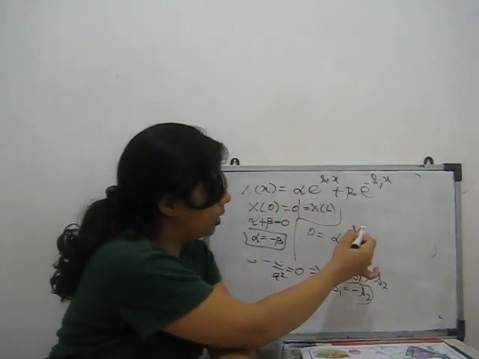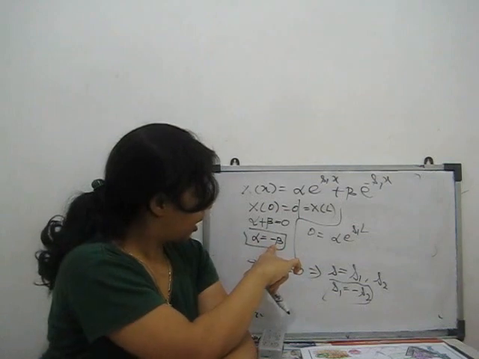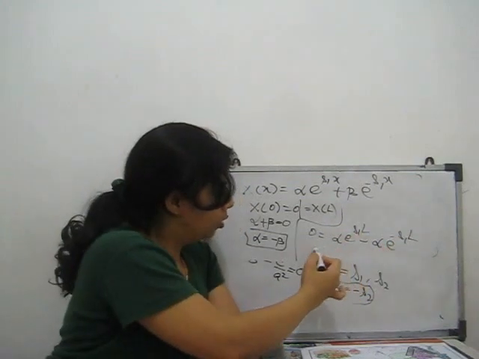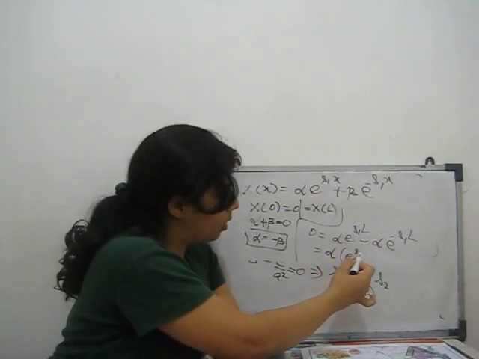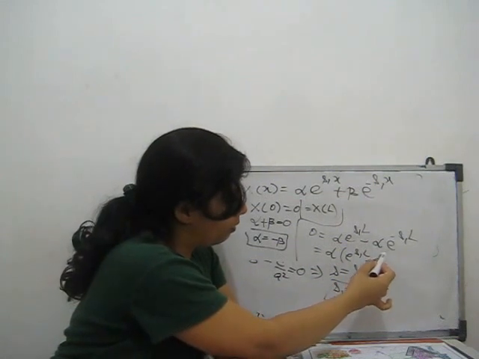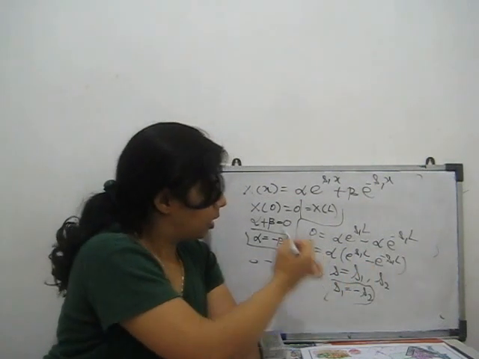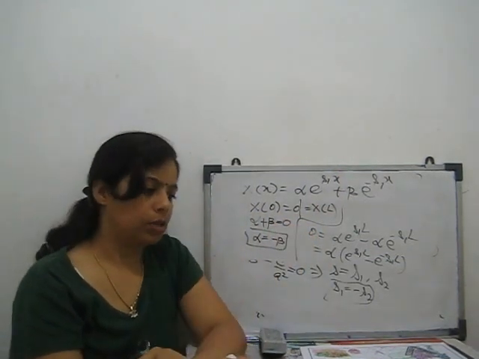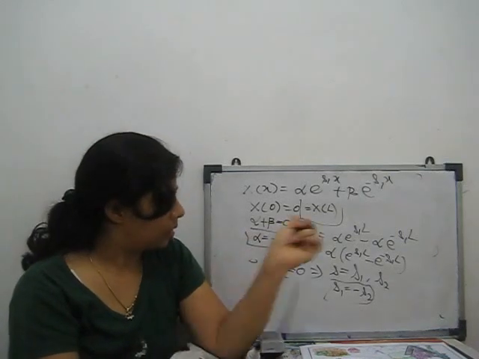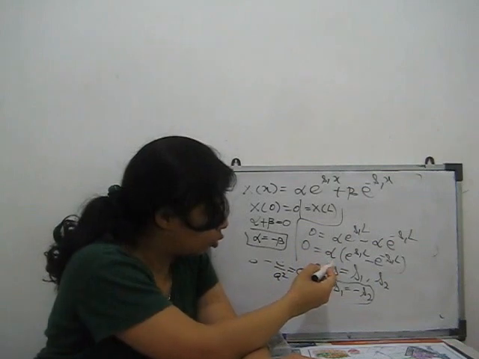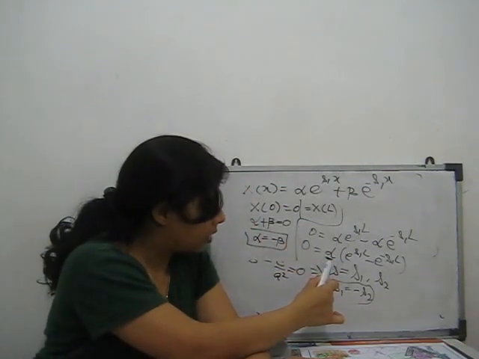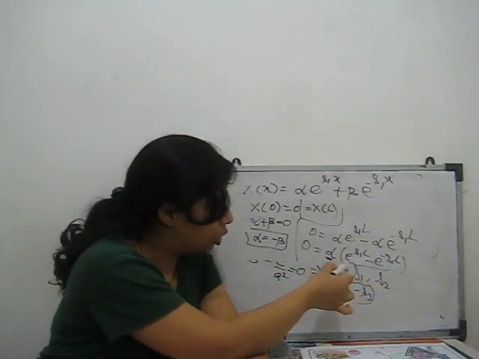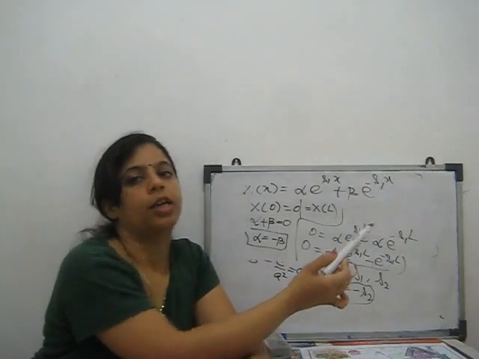For this, when we apply x equal to L, X(L) equal to 0, this side alpha e to the power s1L plus beta. Beta is minus of alpha, so I write minus alpha e to the power minus s1L. So I can say alpha times (e to the power s1L minus e to the power minus s1L). Clear? Since this equals 0, two possibilities are there. Either alpha equal to 0, or this bracket gives 0.